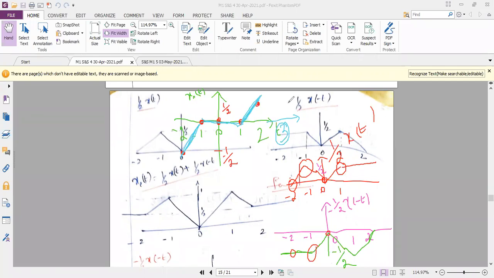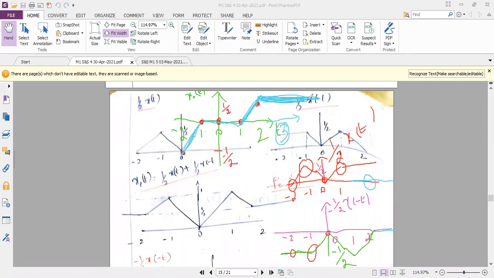We can predict what can be there after 2, so for the positive side I am just checking the first diagram. After 2 onwards, my amplitude is continuously 1 by 2. And in the second diagram, after 2 onwards, my amplitude is 0. So throughout, my amplitude will be 1 by 2. So I have to generalize the diagram for the other values of t also. Am I right? That is how I have completed the diagram on the positive side.